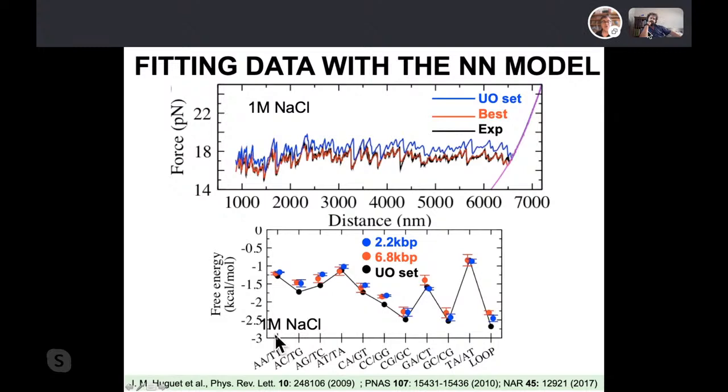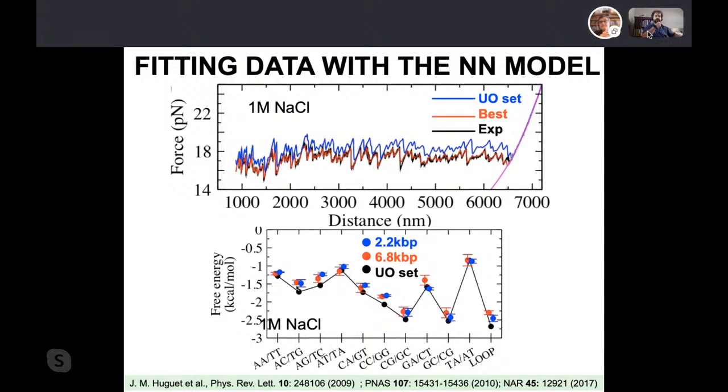If you change pH, it also changes because pH changes protonation. However, it changes much less. So these experiments have been done by changing pH, but unless you go really to very acidic conditions, you don't see a big change in the energies. So these experiments are done at near physiological conditions, at least not in salt, but in pH they are done at about pH 7. So if you do pH 6, 7, 8, you get more or less the same. But if you are interested in acidic or very basic conditions, so low pH or high pH, then you would see changes for sure, because protonation will be very important.